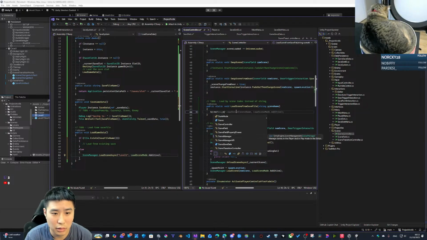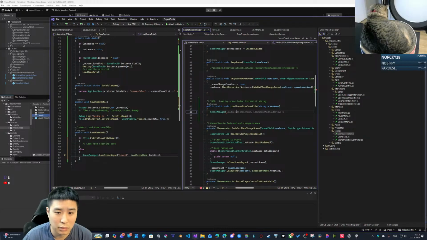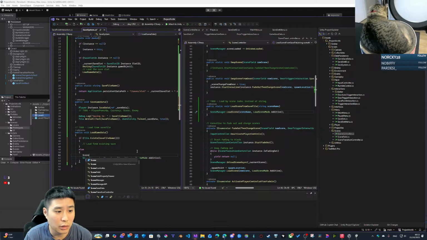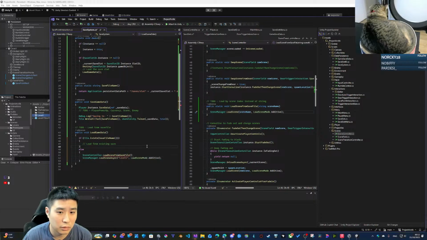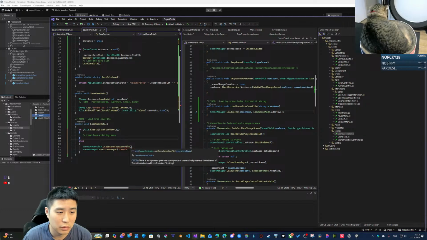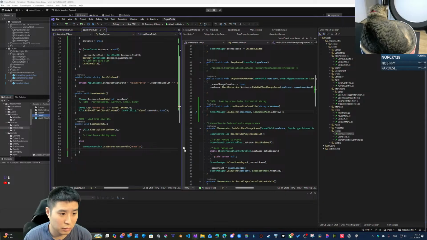So scene, that, and we're going to do scene controller, load scene from save file. Otherwise, from existing scene, we'll be doing